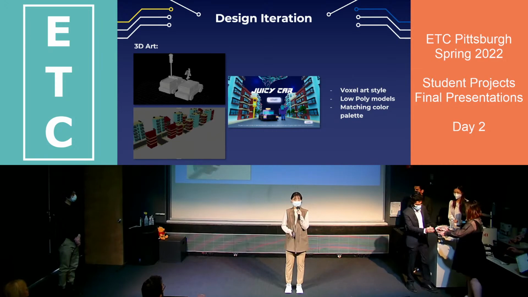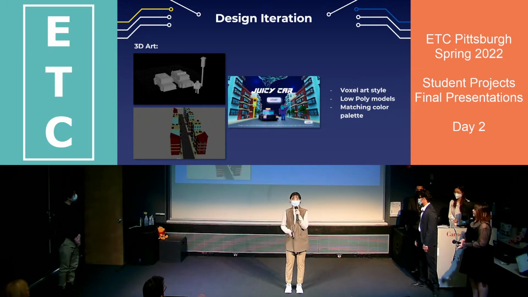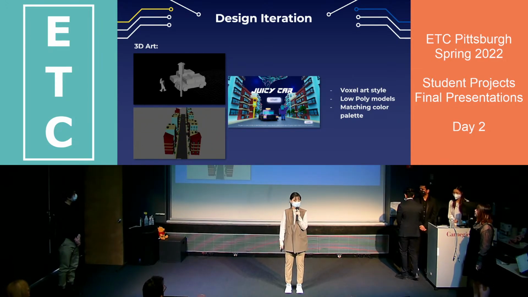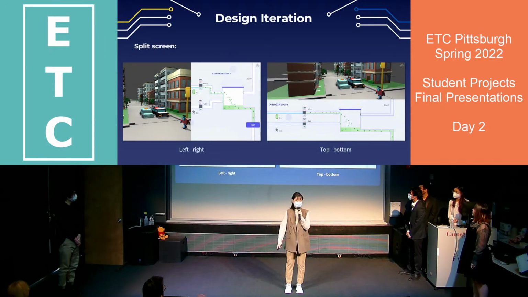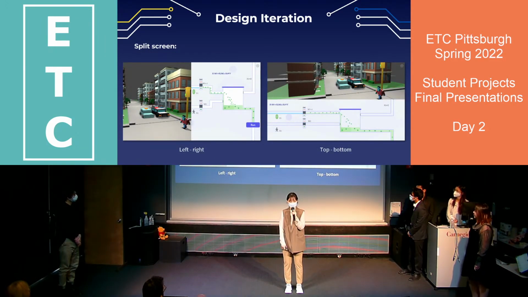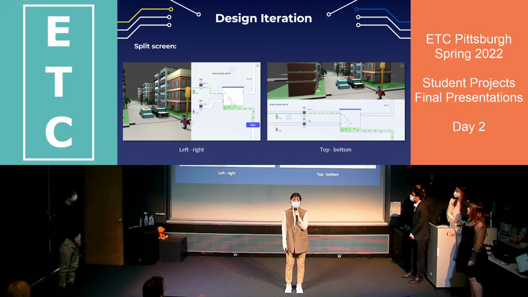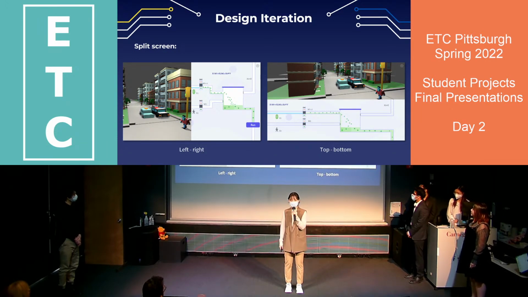Thanks, Abby. I will introduce the design part. Our game combines a 2D and a 3D part. Because a neural network is really hard to explain, we made the 2D part look like a network which you can control and visualize in a 3D way as a self-driving car. And we did a lot of design iterations.